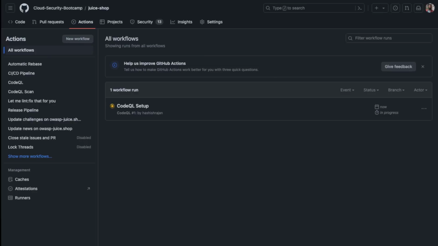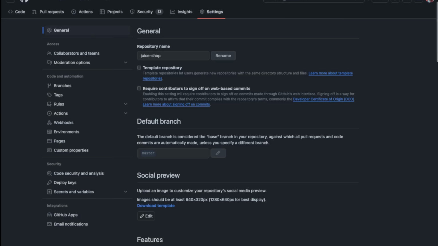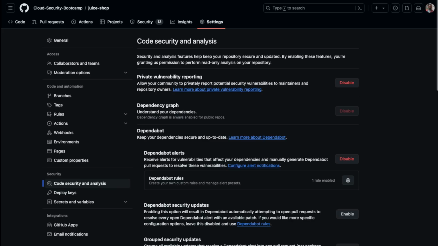And hopefully, because we definitely have vulnerable code in here, the security number should update from 13 to a larger number with a bit more than just my dependency bot alert. But while it's doing that, I wanted to show you what third-party tools you can use as well. Now, if I go into settings, I come back over here,